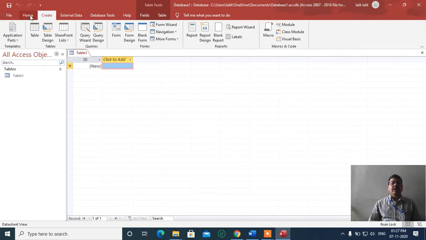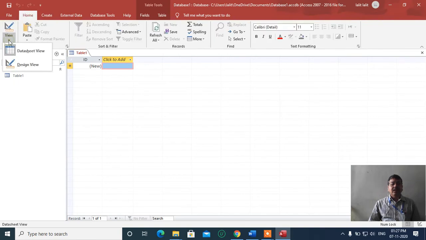Or you can directly click here in the view option, and you see two options, design view and datasheet view. Design view is used to view the structure of the table or enter the field name and the data type in your table. And datasheet view is used to view, enter or modify your data from the table.